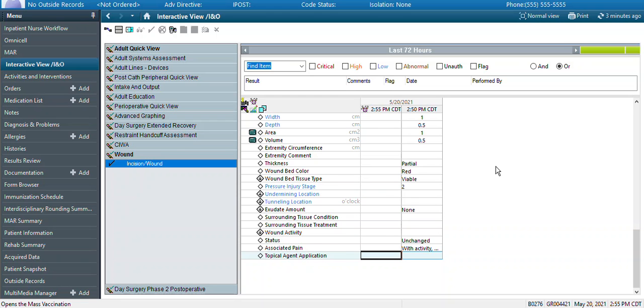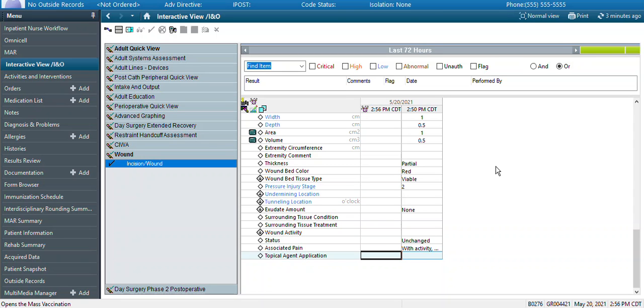This new protocol is called Pressure Injury Protocol, and it will define care guidelines to nurses for patients with a pressure injury. After assessing the patient, nursing staff will be able to refer to the protocol to determine appropriate care for their patient. The protocol will provide definitions of each stage of the pressure injury and guide the nurse appropriately through interventions